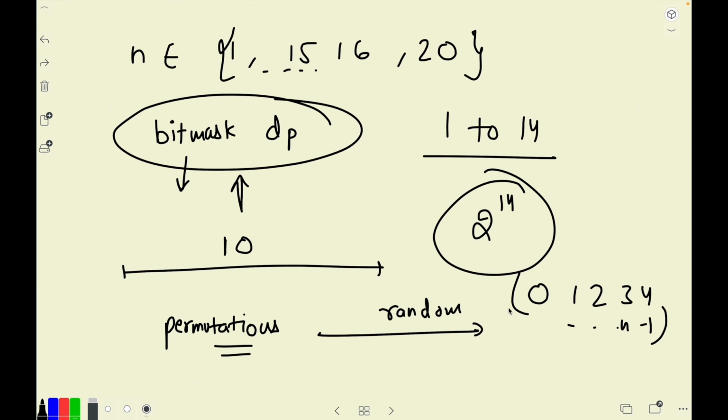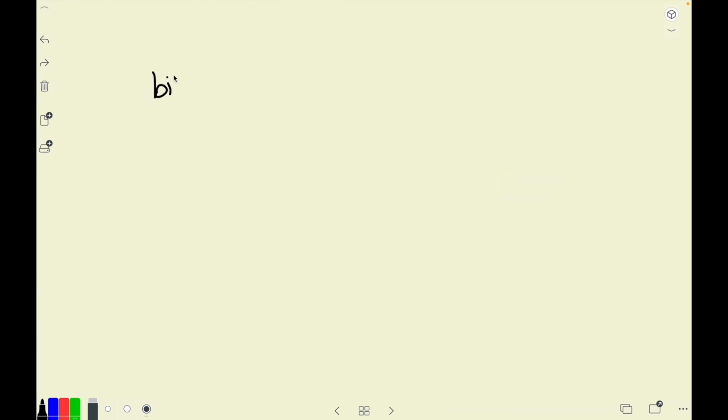So I want a random order of choosing. Let's say I could have chosen 2 first, then maybe 4, then maybe 1, then maybe 0. This creates some other permutation, maybe 2, 4, 1, 0. This is some permutation. Similarly, there can be some other permutation. So what I can do is, using a bitmask DP